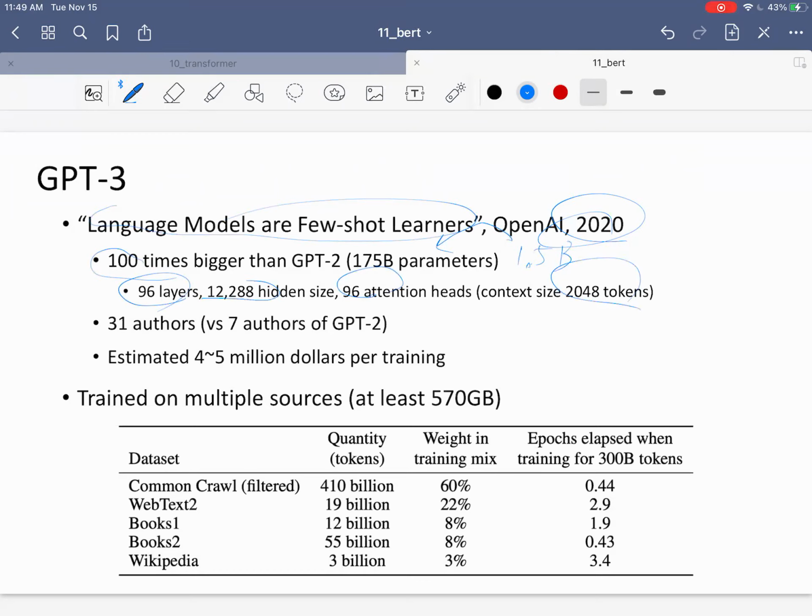And compared to 7 authors of GPT-2, now it's 31 authors, because GPT-2, probably they could fit into a few GPUs to train, but now GPT-3 is such a large model with 96 layers, they had to come up with a special engineering